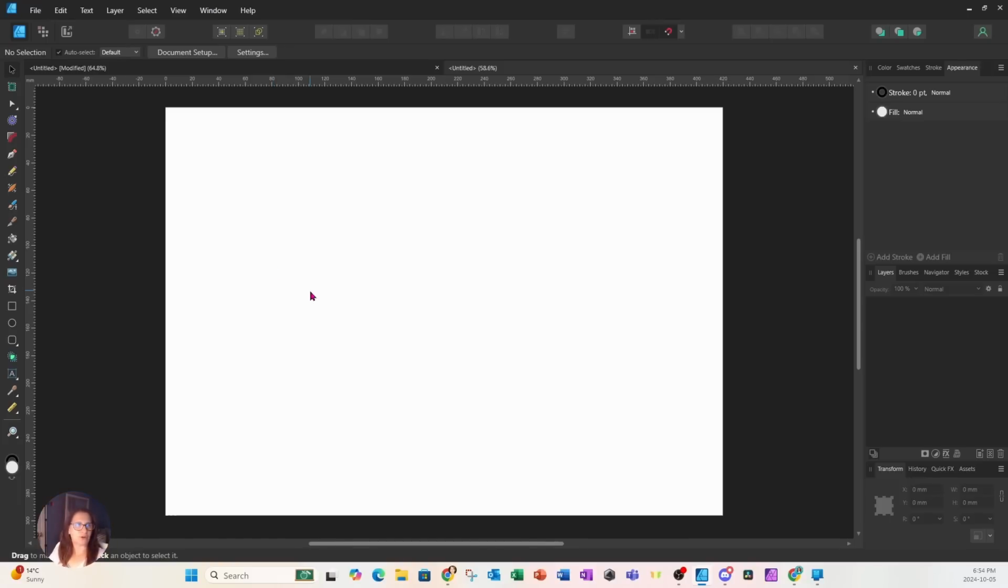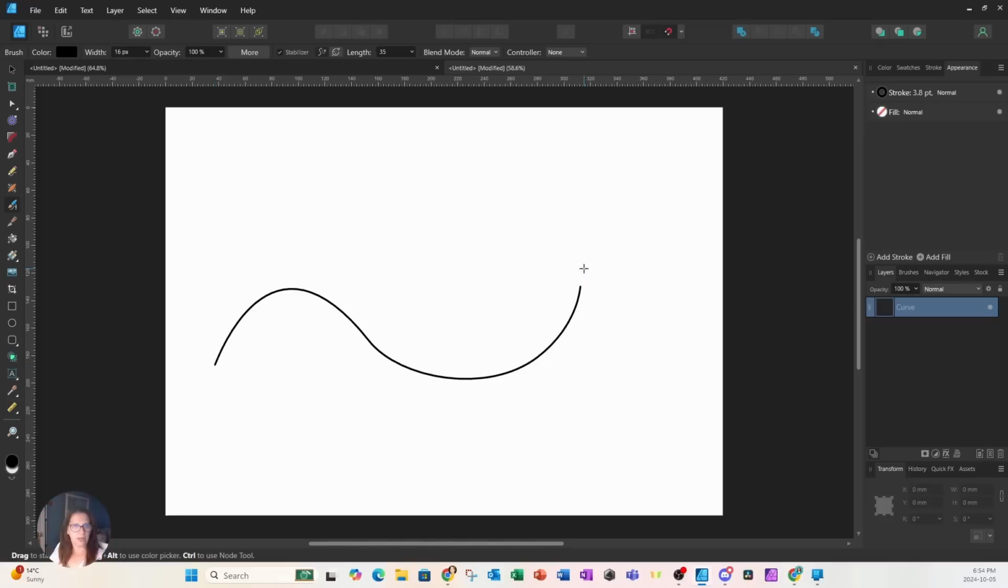So I am going to start off by going to the vector brush tool, which is this blue handle with a brush on the end. I'm going to click it, and with my mouse, I'm just going to make a curved line. So I'm going to click and I'm going to make a curved line like this. Now, when I release